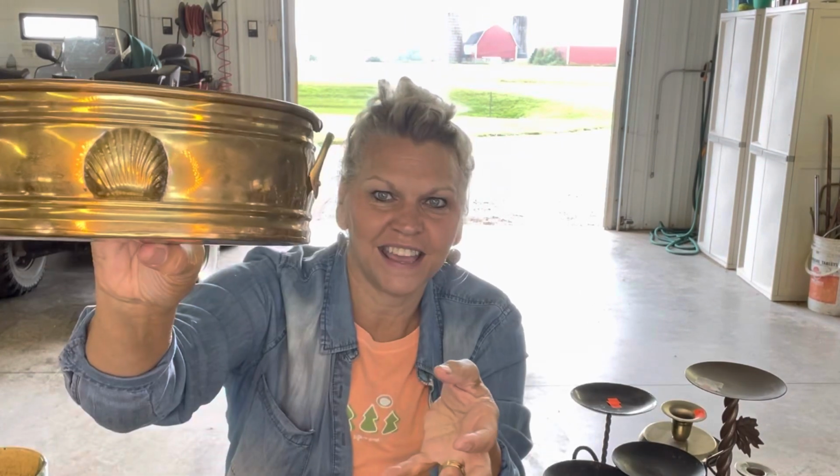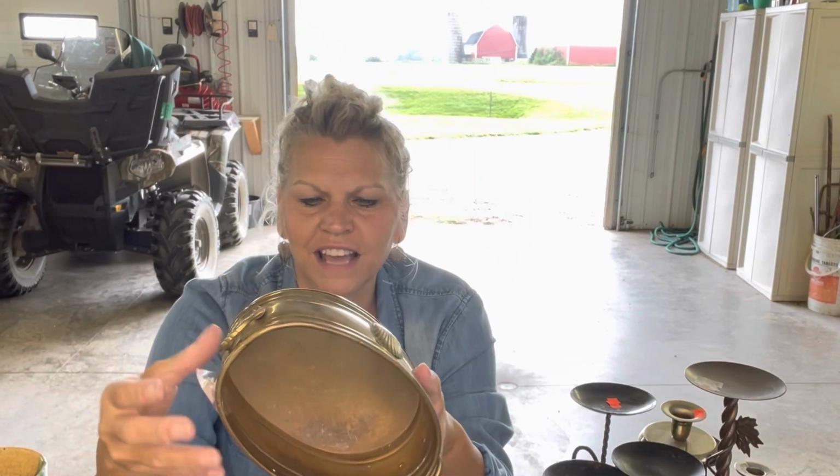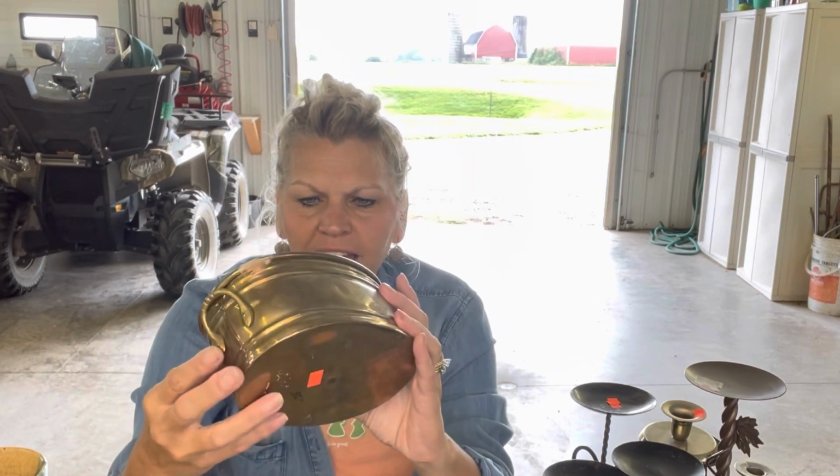I did have somebody already inquire about this, so if you don't see it on the website, it already sold. Here is a brass planter, has some fun handles, a little seashell on the front. This was $1.58, and it will probably stay as is, or I'll give it a little bit of that wax treatment that I've done in the past with a little shipwreck wax and adding some green to it, giving it